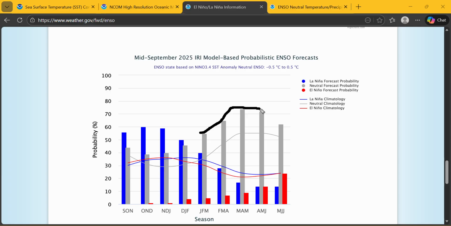And that neutral ENSO is expected to heighten very much in probability, peaking around April, which is generally the main severe weather season for most areas. March through May, and then even in the plains, we might see the severe weather season more like April through June. Some areas it's more like April through July, but generally March through May is a good rule of thumb. It varies some through regions. So, in our peak severe weather season, we will have a very high probability, above 70%. As you can see, this line right here is above 70. So above 70% of